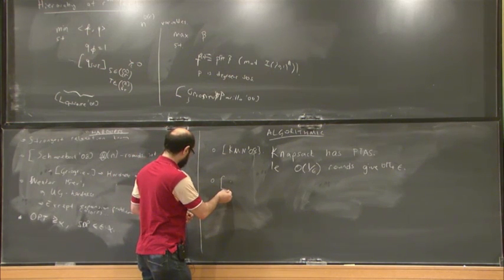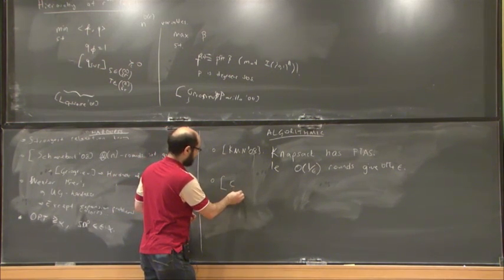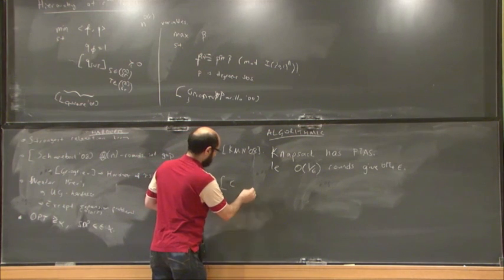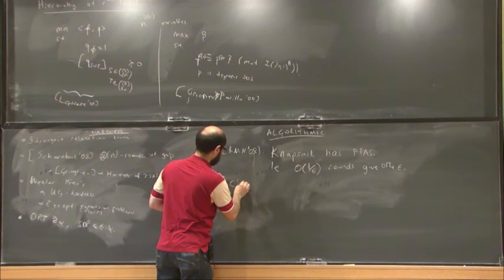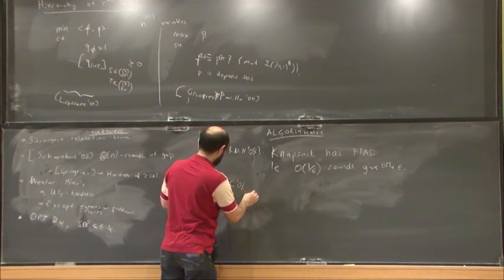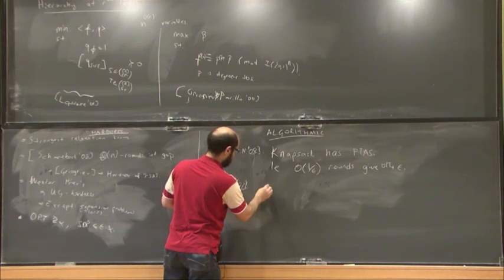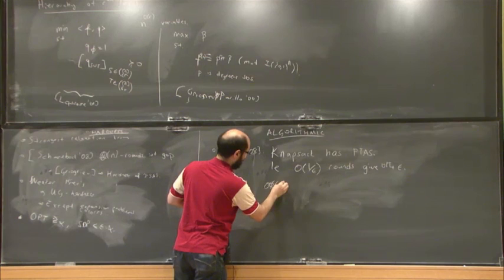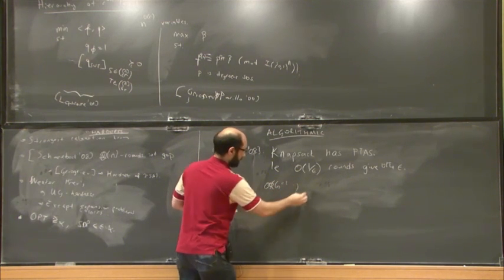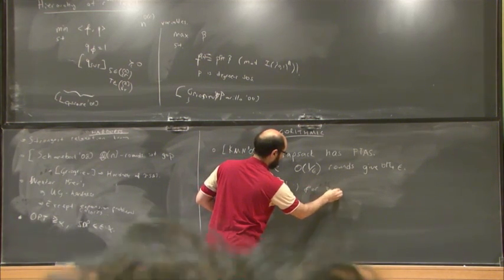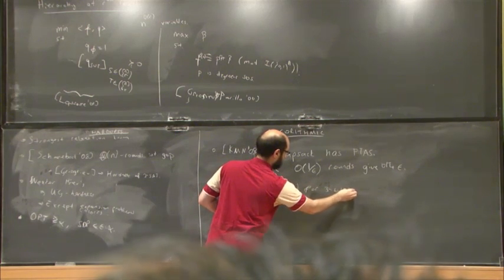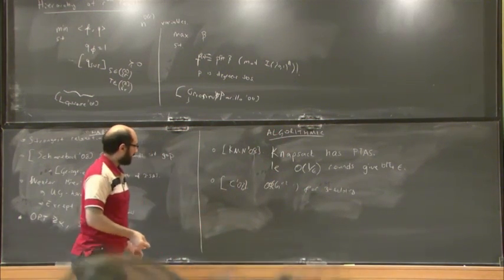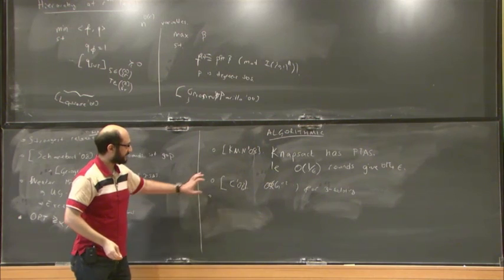And then Chlamtac basically showed that one can get something like n to the 0.2 for 3-coloring. But the problem is, this is, for example, not